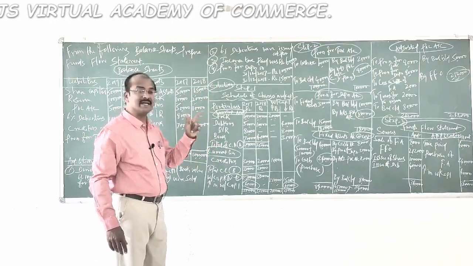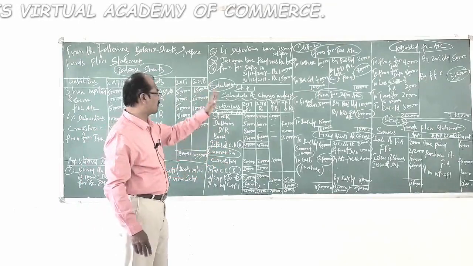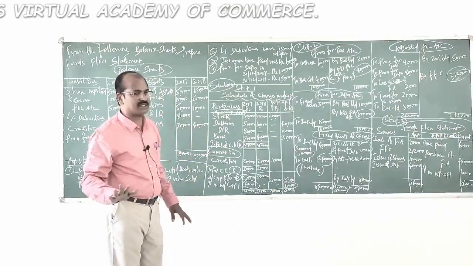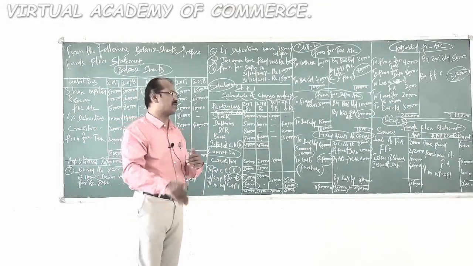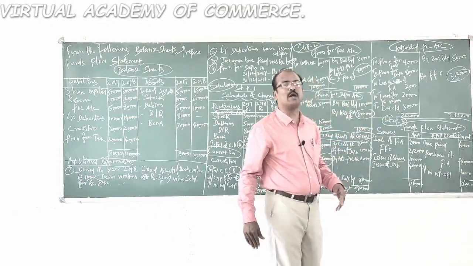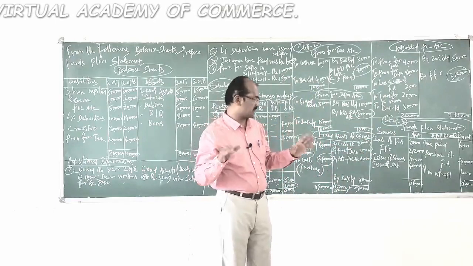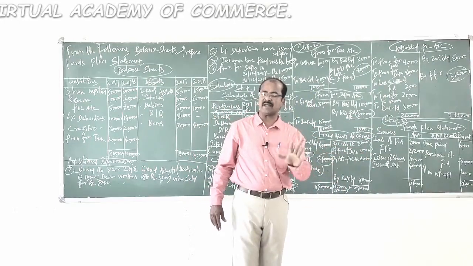What is the next one? Income tax paid. That will also be recorded as application of fund in the funds flow statement. This is about opening and closing balance of provision for depreciation. Therefore, we have come to the end of adjusted profit and loss account. If you close it, you get a balancing figure of 2,12,000 rupees in the credit side, which is nothing but funds from operations.